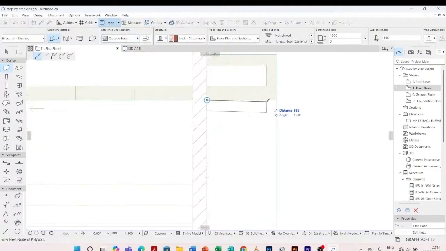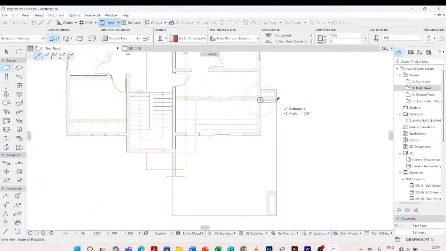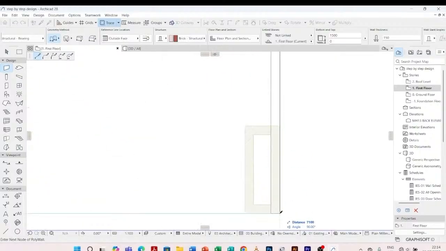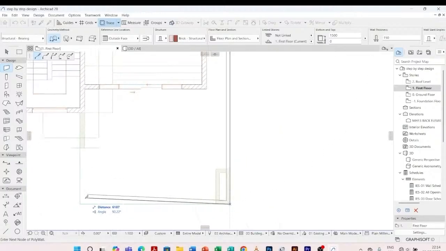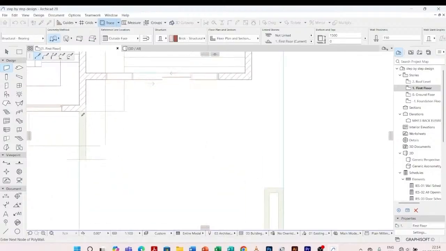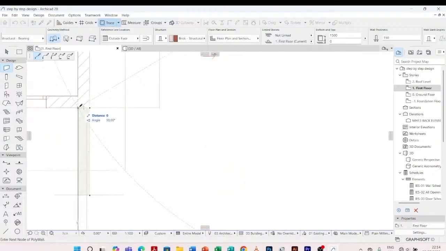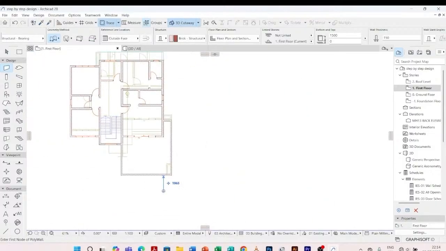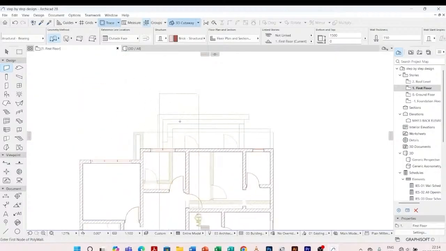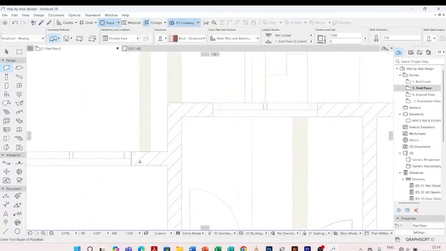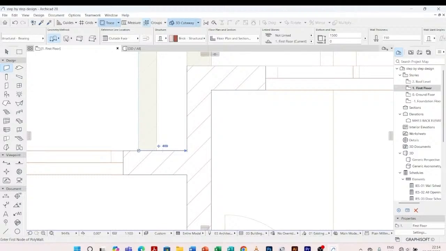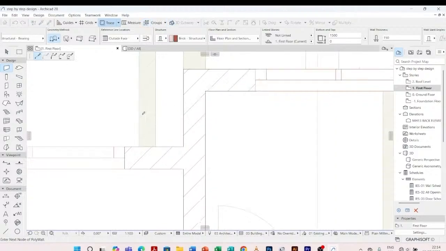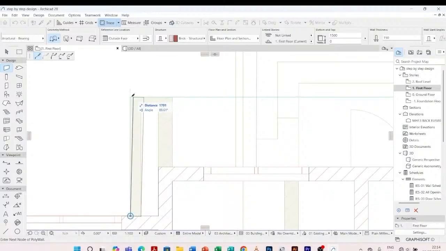So I'll draw like this, I come here, I draw this, I'm just picking at the outside faces of the slab, then I'll draw it up to there. Same way, I'll come pick here, pick there,